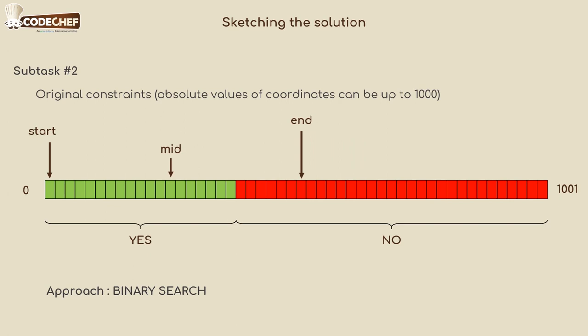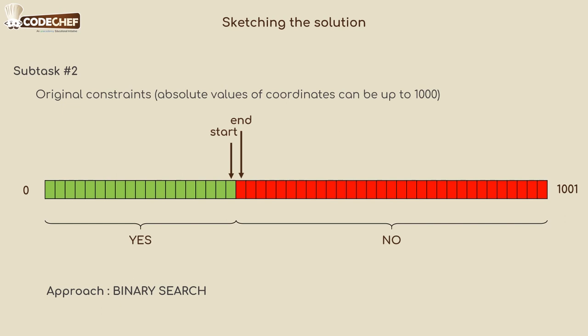Now the new value of mid will point to a coordinate which will return yes. We can see that the cells that lie at the left side of mid will always return a yes. So we also need not check those cells and replace the value of start with mid. We continue this strategy until the difference of end and start is 1. We can also see that start will always point to a cell that returns yes, and end will always point to a cell that returns no.